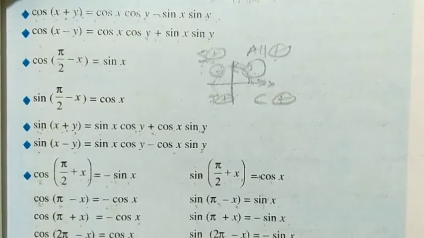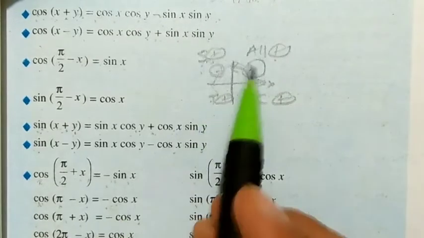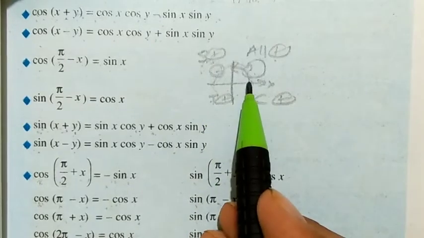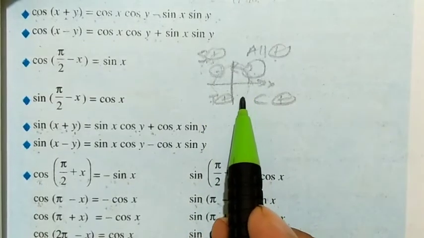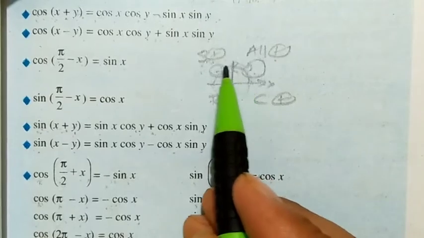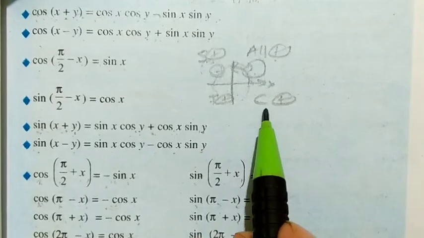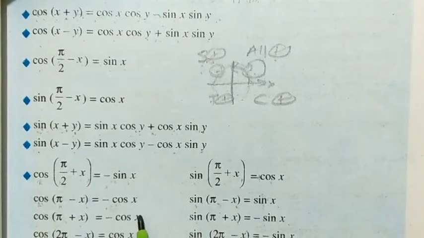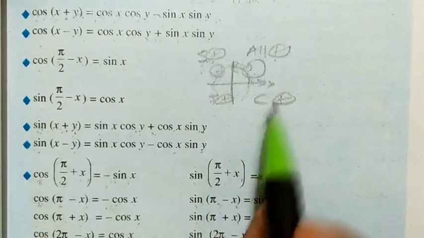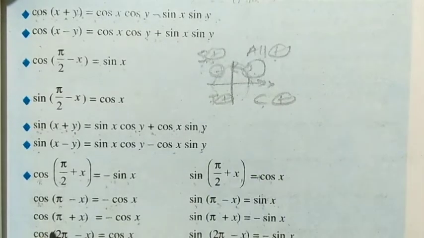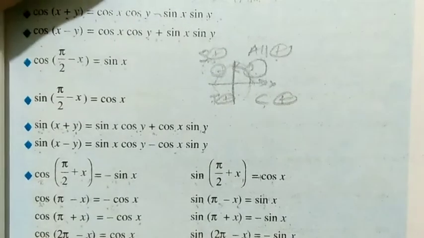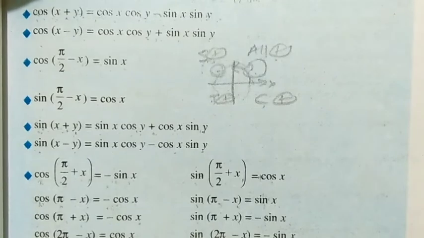Cos of 2 pi minus x. 2 pi means a complete round, and then minus x. So minus means clockwise, plus means anti-clockwise. So 2 pi minus x means the fourth quadrant. Here x is assumed to be an acute angle. So cos of 2 pi minus x is cos x because cos is positive and it is an even multiple of pi by 2, or you can say a multiple of pi, n pi. So the name will not change.